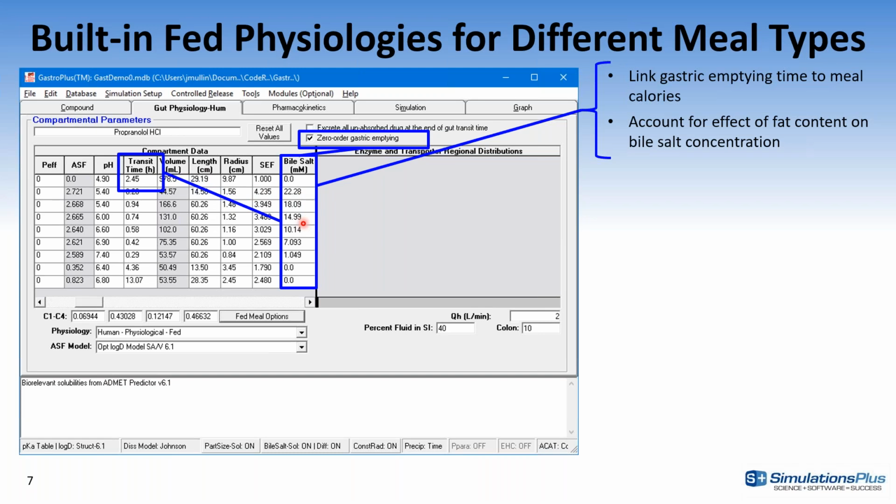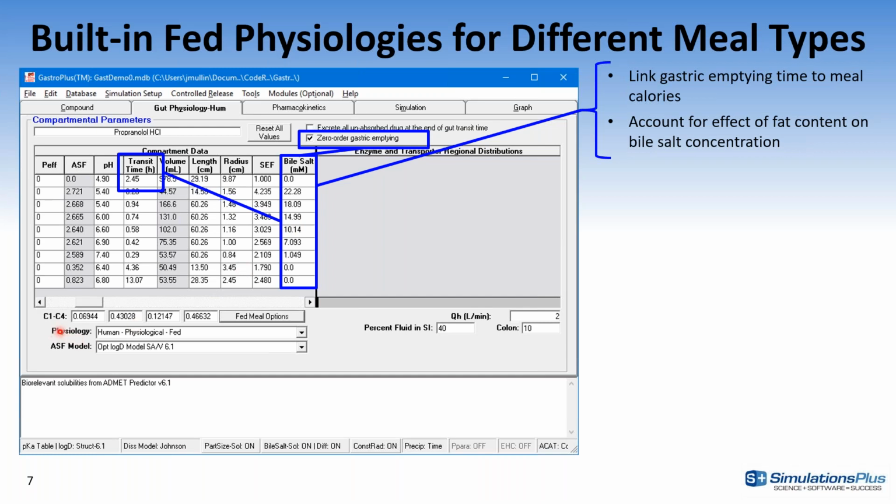So now we have finally incorporated the effects and incorporated different combinations of the fat physiologies, or the built-in adjustments to the fat physiology to account for the different types of meals.